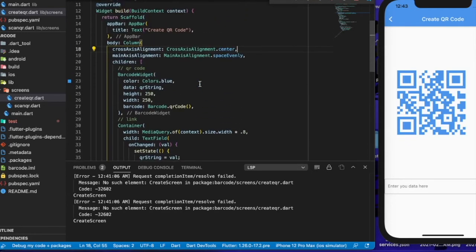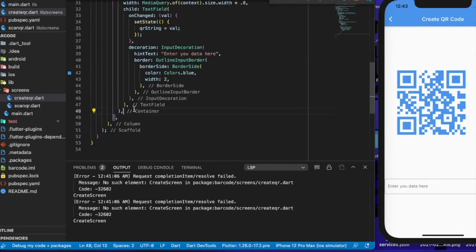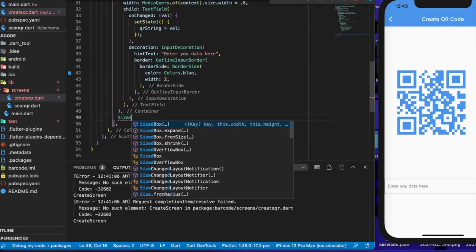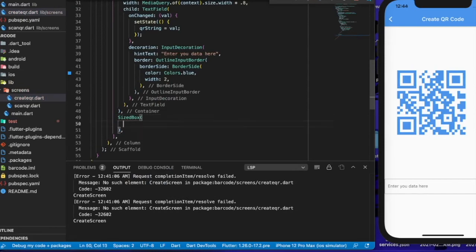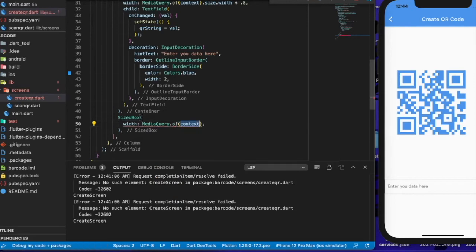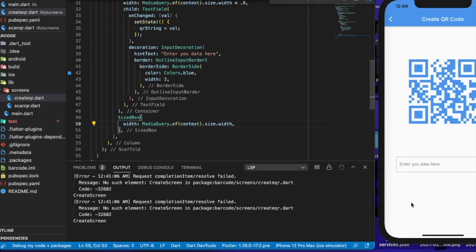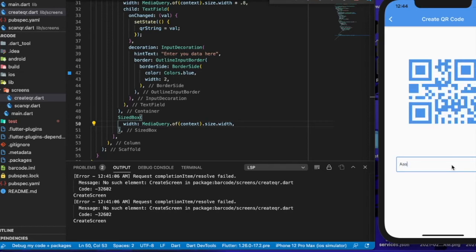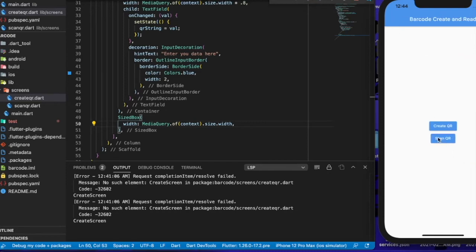So the solution for this will be adding a SizedBox just down below, and in the width we will give the complete width of the device. If we save it right now, it is centered. If we use it now and type my name, it works perfectly. So going back to the scan QR page,